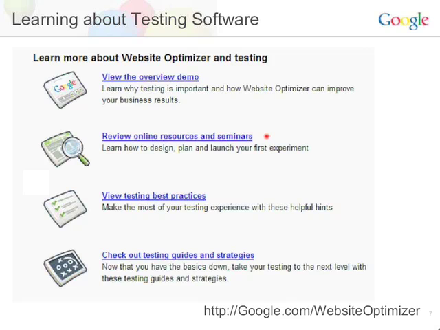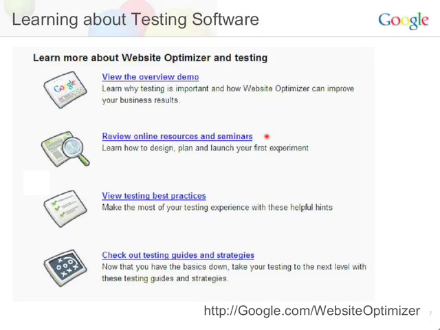As I mentioned, this webinar is going to be focused on what to test. Now, if you feel like after this webinar you've got a good sense of what to test, but you're still not sure how to set up a test, in terms of JavaScript tags, and where do I put them in, and where on the page should I place them, and how does Website Optimizer work, there are a number of seminars that we've done in the past where we walk you through step-by-step how to do that. So I definitely encourage you to go to Website Optimizer's website and then check out the online resources